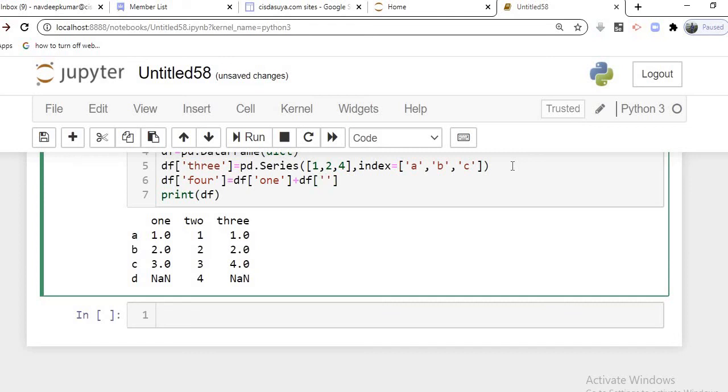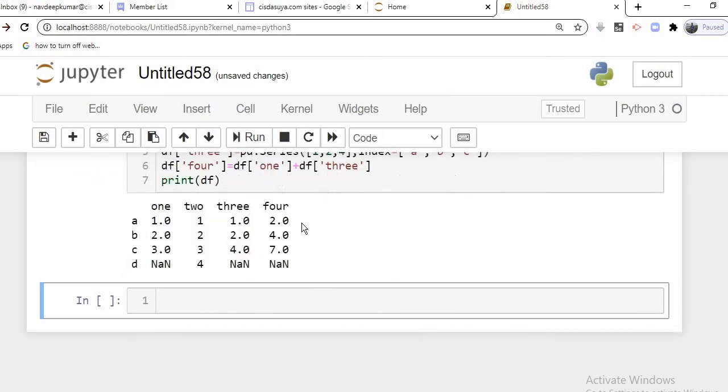Its name is 3. This is the label of the third column, and the fourth column will be created now. The printing is already placed over there. Just run this one and you see the fourth column has been made by adding: 1 plus 1 is 2, 2 plus 2 is 4, 3 plus 4 is 7, NaN plus NaN, not a number added, you will find not a number here.